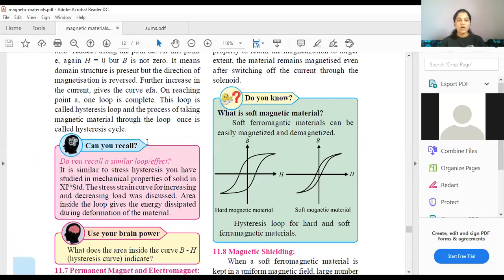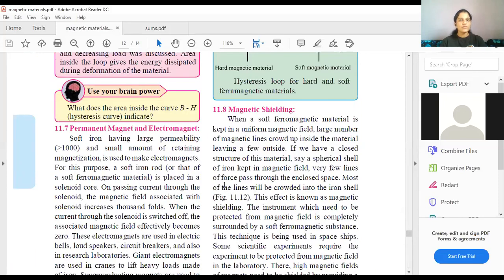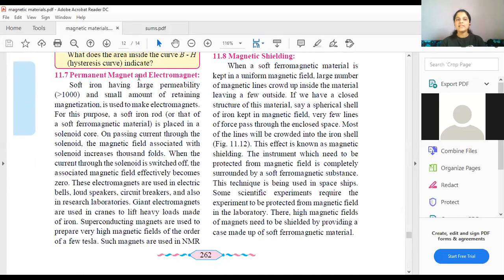Okay, fine. So now let's move ahead. The next topic is permanent magnet and electromagnet. So what is a permanent magnet and what is an electromagnet? I think you're already familiar with what permanent magnets are. What is an electromagnet? As the name says, electromagnet means a material will act as a magnet only in presence of electric current. It is the same concept that we have been studying from the beginning.